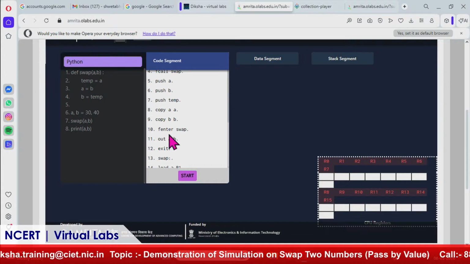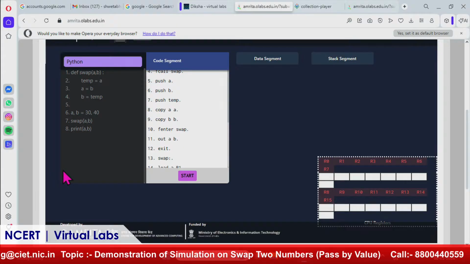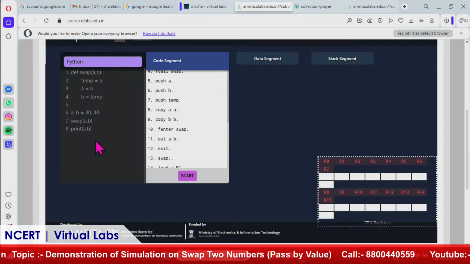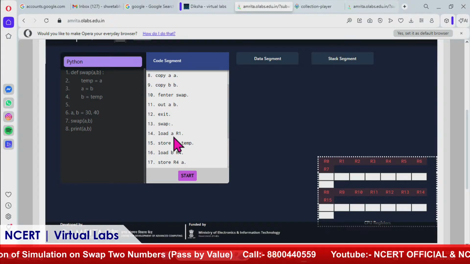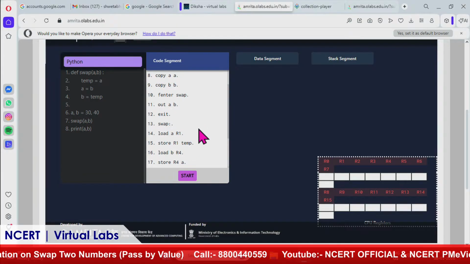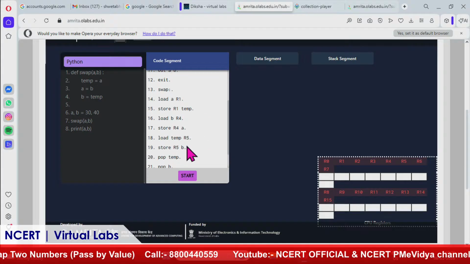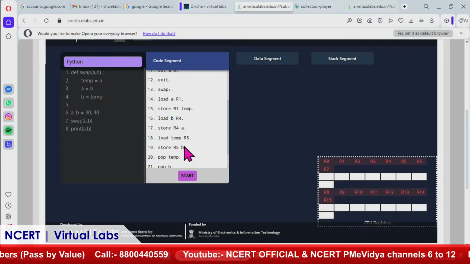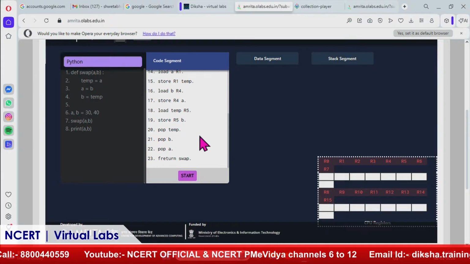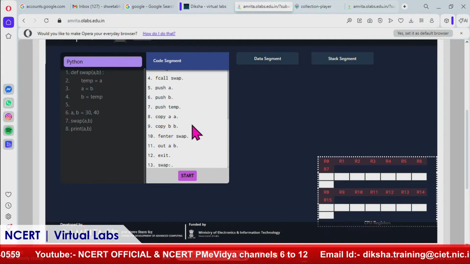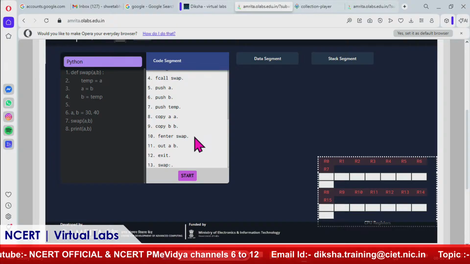And a child, apart from swapping of two numbers, will also understand how stacks and queues are used in data structures of computer programming. Then they will also understand the significance of operations like load and store. And so I think this is going to make computer science very interesting for kids. They will be curious,